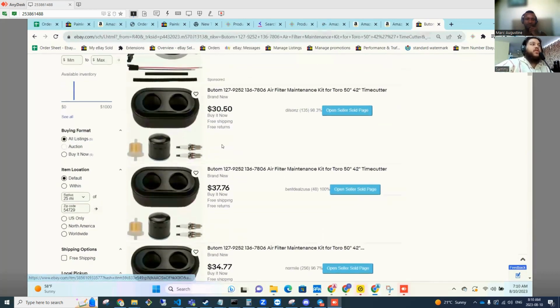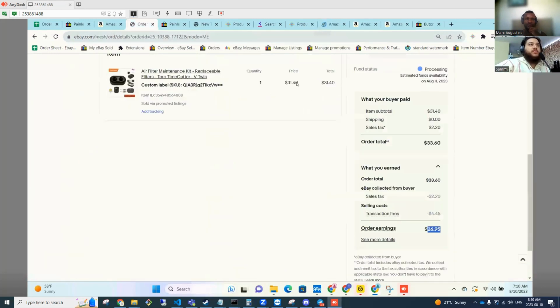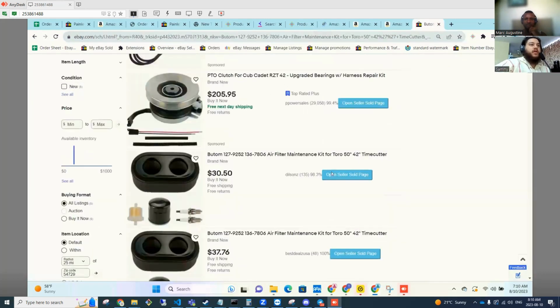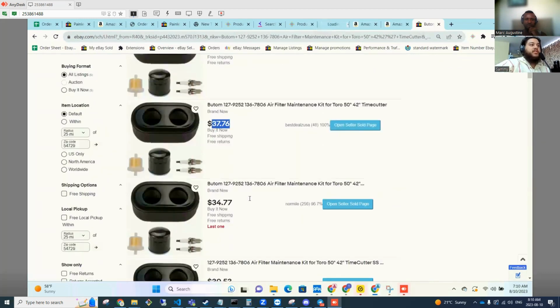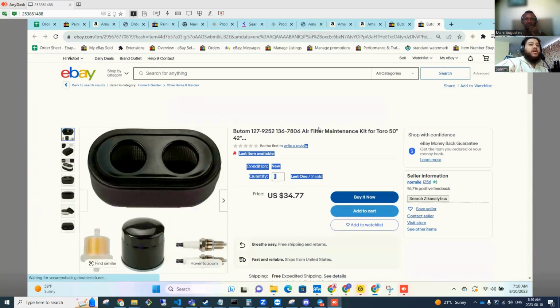Yeah, that was weird. So anyways, this one they're selling it for 30.50. How much did we sell it for? We put it at 31.40. Our one sold, but this guy's at 37, 34. It just goes to show we're not the highest price. We're marking it up by 65%, yet these guys are doing it for a lot higher.